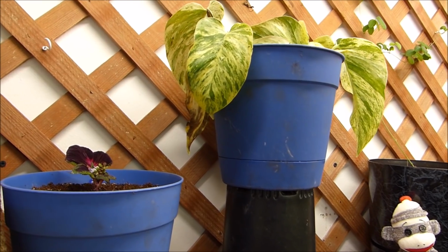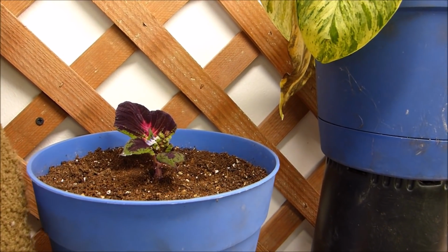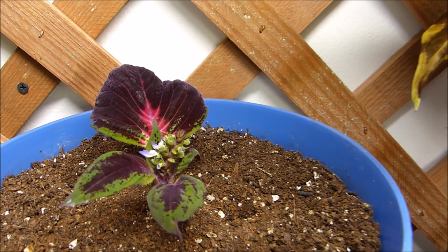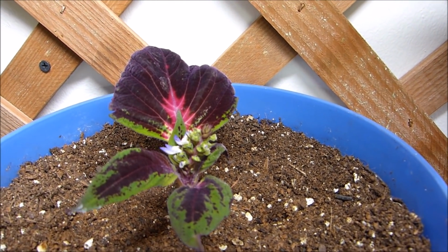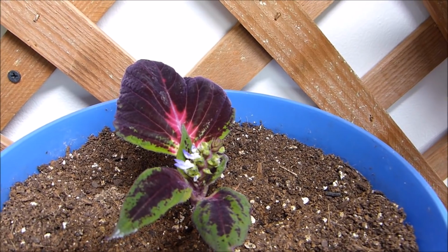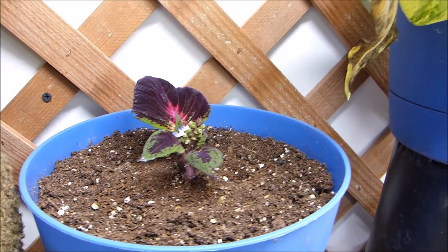One little plant that started out from a clipping, I mentioned it on a previous program, you saw this, is my little coleus. I thought for sure this thing was going to start growing and going crazy. Well, you know what it decided to do? It decided the first thing it wants to do before it starts growing is put out a flower. So my little tiny cutting put out a flower cluster, because you know what? Why not? So as soon as this flower is done, I'll clip it off and hopefully it'll start